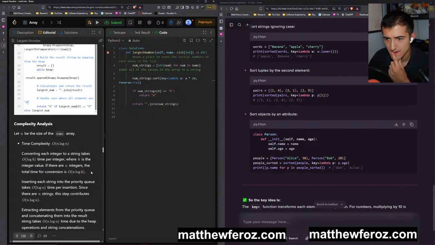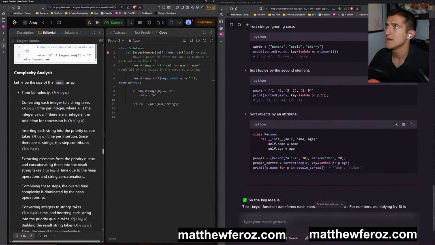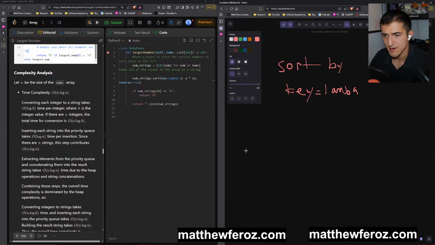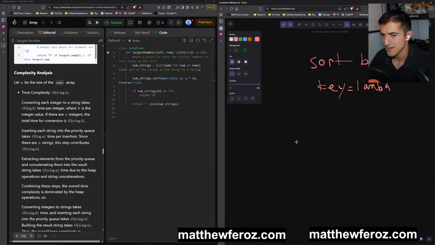Okay, O n log k time for conversion, where k is the integer. There are n integers. Total time for conversion is O n log of k. Inserting each string into the priority queue takes O of log n time per insertion. Since there are n strings, the step contributes n log n. Extracting elements from the priority queue and concatenating them onto the result takes